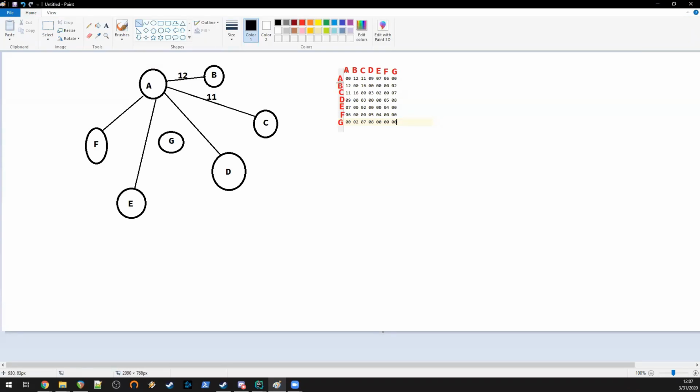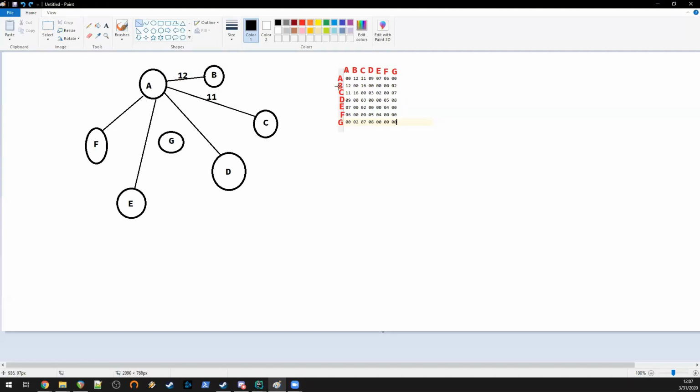Now again, let's go to the second line, the distance from B to every other node. We've already treated this case, so the distance from A to B is equal to the distance from B to A. That's still 12. It's not always the case that if you can go from A to B, you'll be able to go from B to A. But this is something which we'll discuss next time when we'll be discussing directional graphs. This is not a directional graph. This is a bidirectional graph, because if you can reach any point from any other point, then you can also go back. And yeah, anyways,